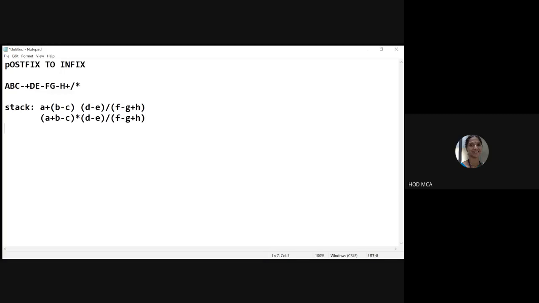Okay, next let us move on. One thing I want you all to know is that you should know thoroughly, given any expression, how to convert it into different forms. You may be given infix, and you should know how to convert it into prefix and postfix. You might be given postfix, and then you should know how to convert it into prefix and infix, like that. Given any expression, you may be asked to convert to any other expression. You may be asked to evaluate a postfix expression. These kinds of questions you can also expect in the MCQ on the test.